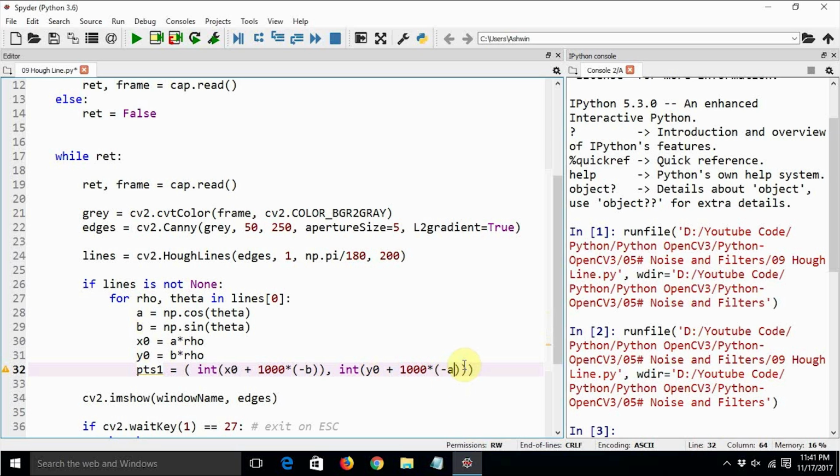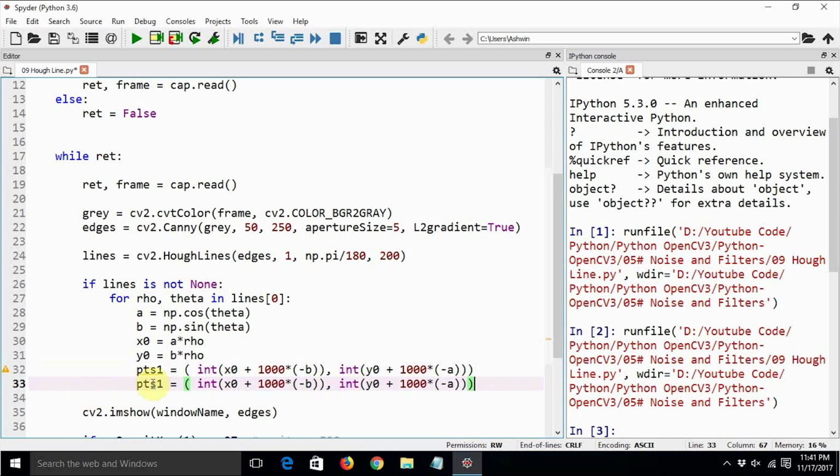Yes, and finally we are going to calculate the second point. The second point is something like this: PTS2 int x0 minus 1000 into minus b, comma, int of y0 minus 1000 into a.